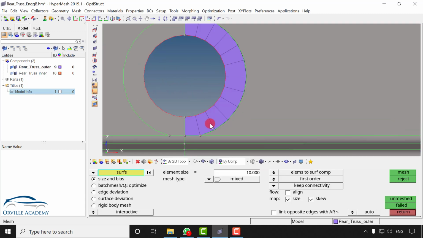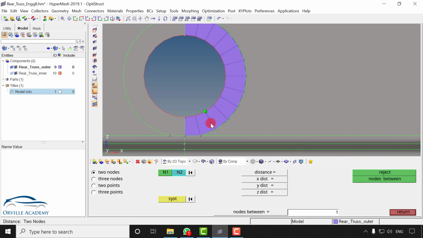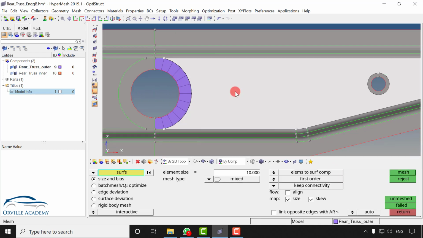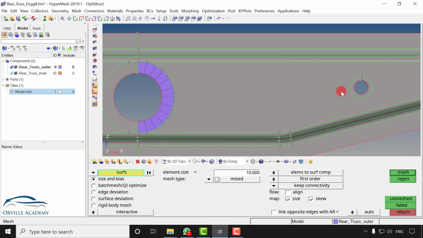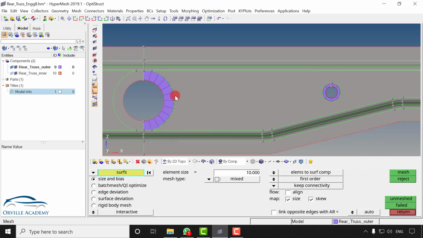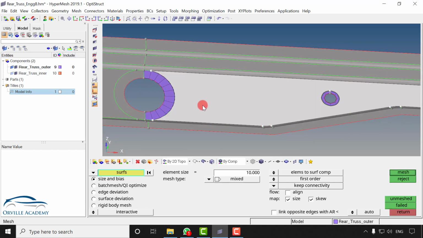Not only that, I will measure the distance to see whether I will be able to fit two elements over there. No, since we have to maintain the size of 10 mm, it would not be possible. So again I will go for F12, then select the surface, or you can first mesh this washer. Here I want 8 elements, so I will keep the count to 8. If it is possible, then you can split the geometry or you can keep that as it is also. Next thing, I will mesh this surface.